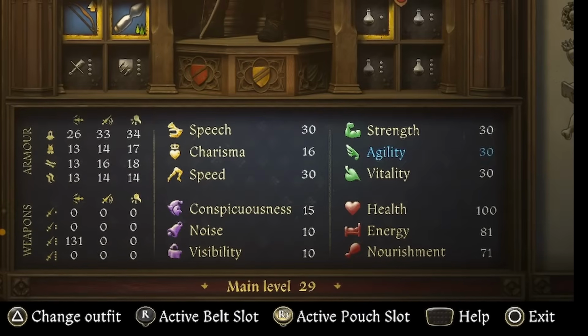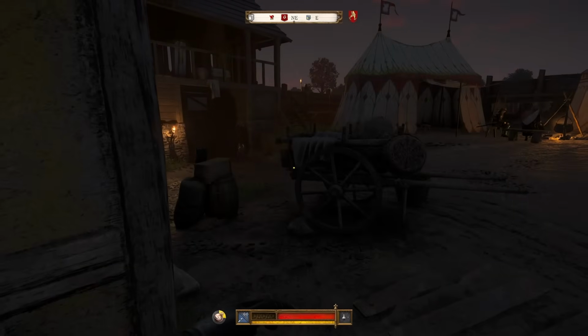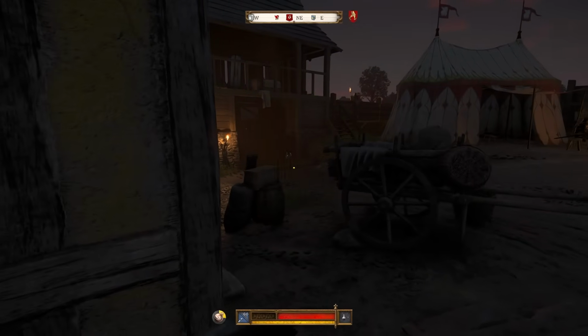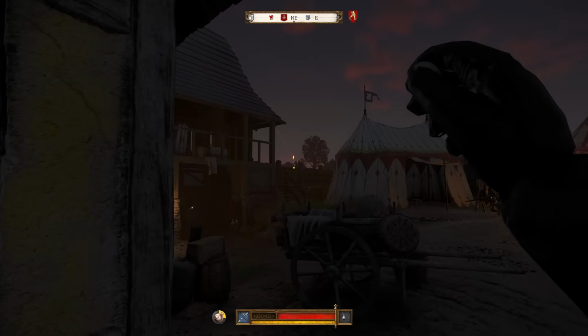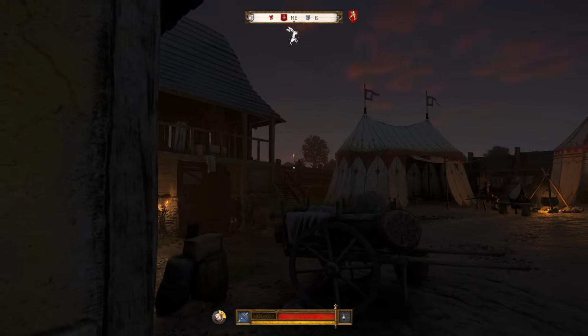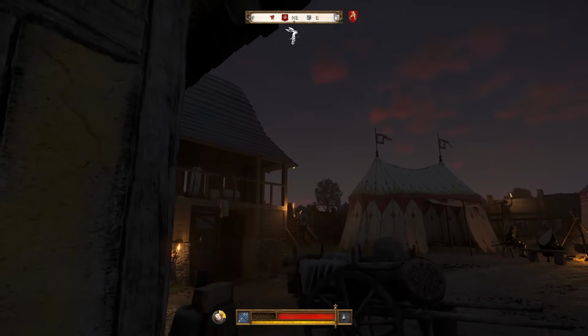Equipping an outfit with very low noise and visibility will make this considerably easier, and there'll be 2 soldiers guarding the gate along with several in the rest of the camp. As long as you're quick, the only ones you'll have to worry about are the 2 at the front gate. First, start by throwing a rock towards the stairs to lure away the guard on the right. Once he's at the stairs, throw another rock a bit further up to get him to go up the stairs